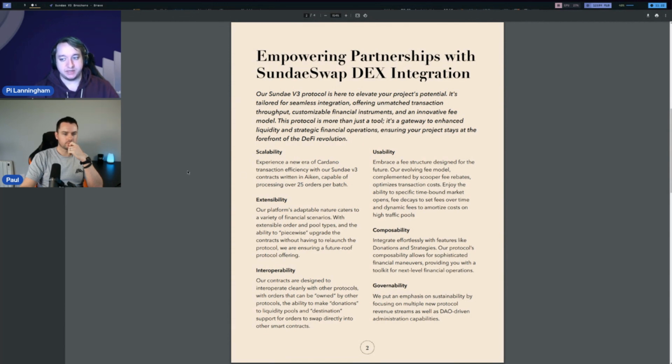Extensibility, so this is the ability to add on to the protocol over time. One of the most painful things about building in Web3 is the permanence of what you build. It's one of the best things about Web3, but it's also one of the hardest things as a developer. And so what we've really done is tried to think carefully about where we can draw the dividing lines and add, for example, new pool types.